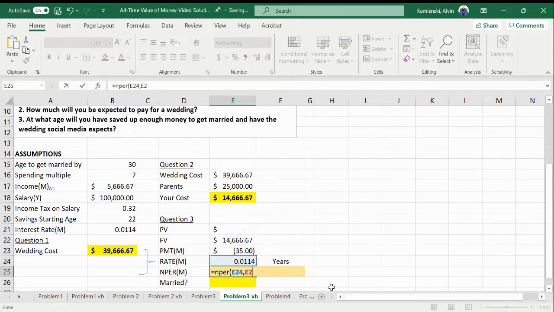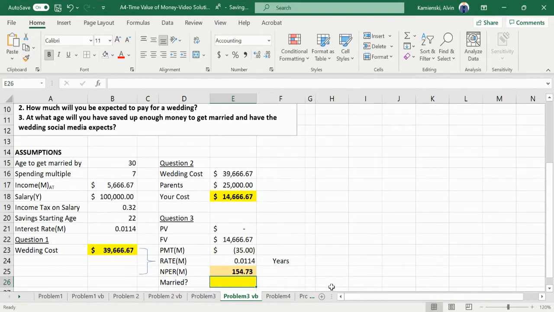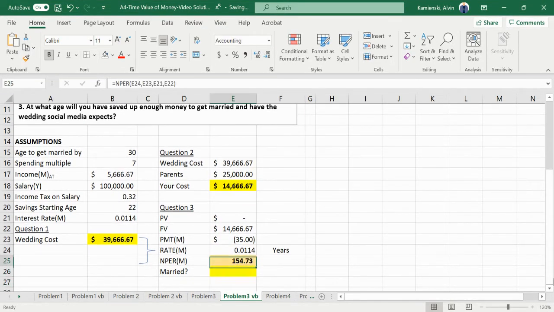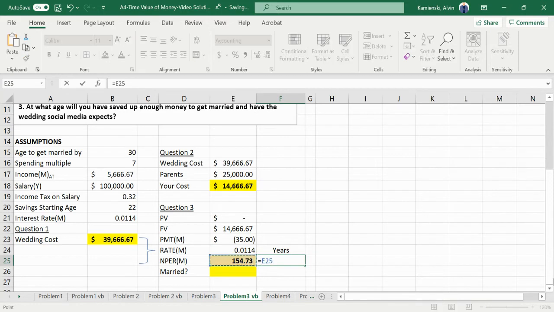oops, I missed. Let's make sure we do that right. Equals that rate. There's our payment. Present value, I skipped that one before. Future value, close it off. That is 154-ish months from now. So in years, if we divide that by 12,